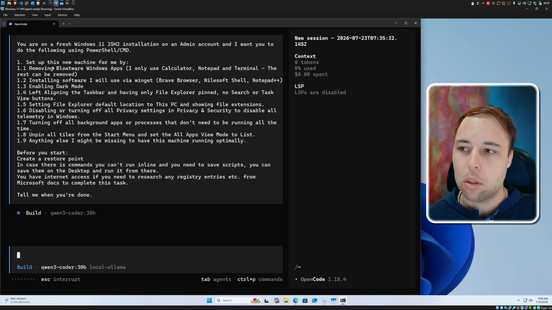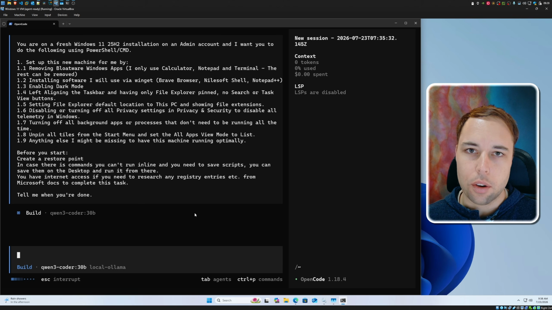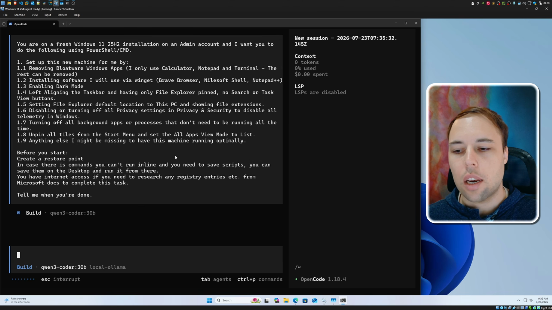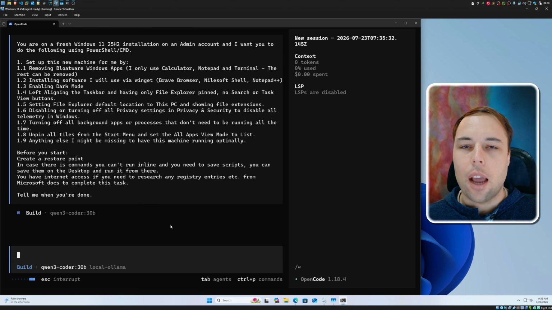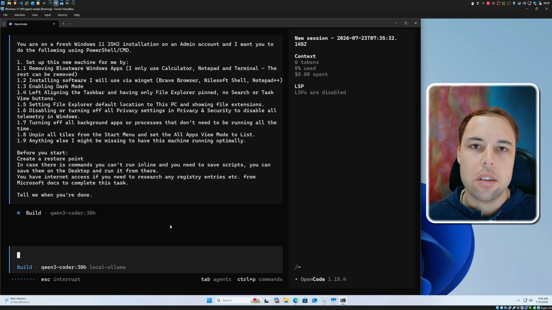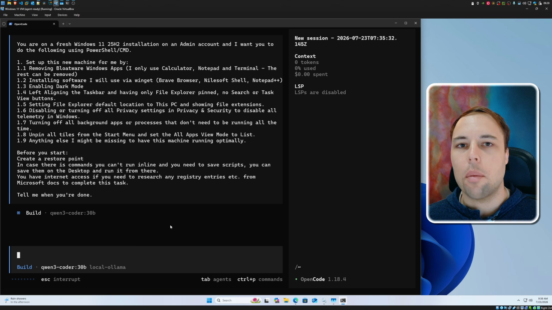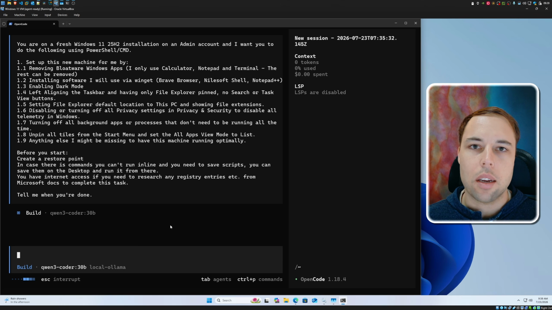That's exactly what tools like OpenCode and many others can do. It basically can run any command on your computer if you set it up the way that I've set it up here. Once again, that's why I've done this in a virtual machine and not on my main computer, because obviously there are risks to doing this on your main computer. But in a virtual machine, it's contained, and the blast radius for anything dangerous to happen is basically 0.